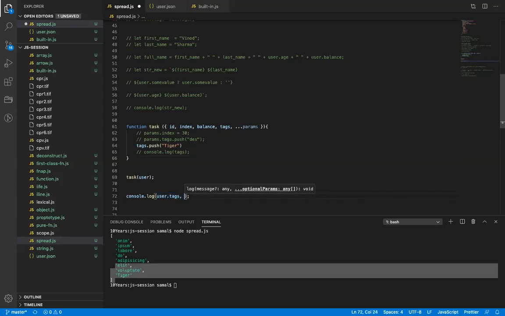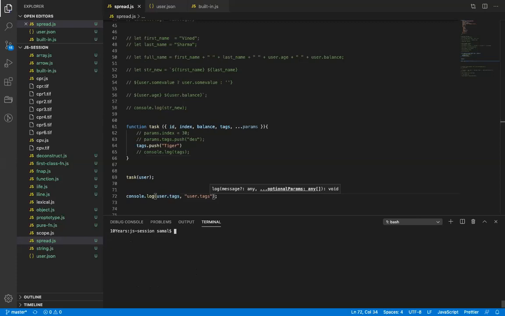Okay. So if you remember that old reference session, it will be very clear to you how it is working. Here it is printing user tags and tags. Right? So this is how it works. Again, if I want to copy this tag, I just have to use the same map. I have to convert it with map to a new copy of the array.